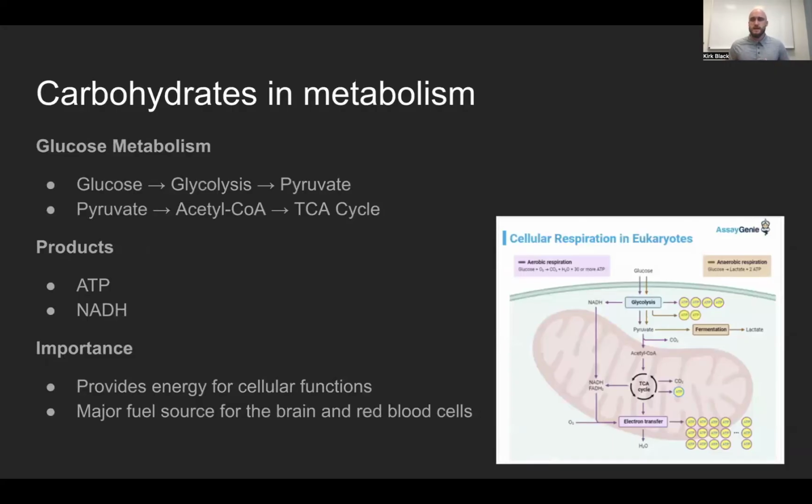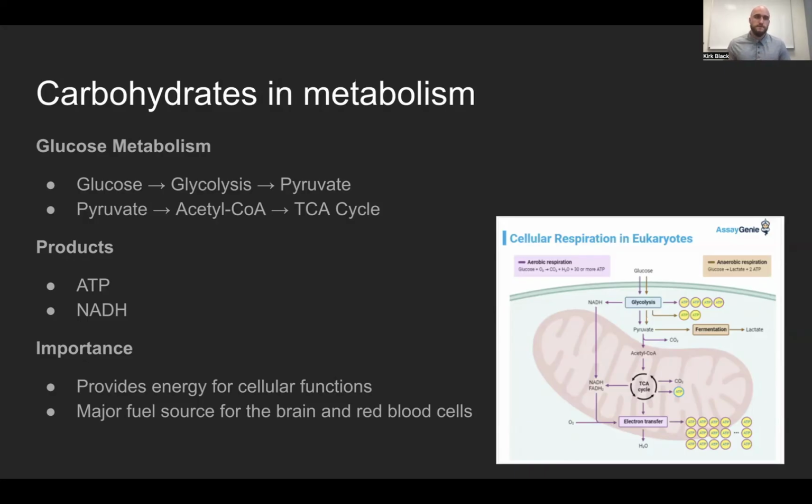So carbohydrates and metabolism, I'm going to hit on it. I know that we've discussed it immensely throughout the class, but I need to hit on this. Glucose metabolism: glucose, as I said, is used as a precursor for glycolysis, thus leading to pyruvate, thus leading to the PDC, thus leading to acetyl-CoA, thus leading to TCA. And as we remember, all of these provide an abundance of ATP, NADH, FADH, which all play their specific roles